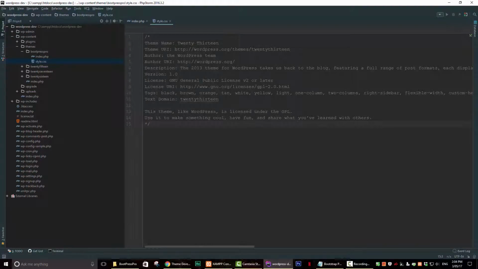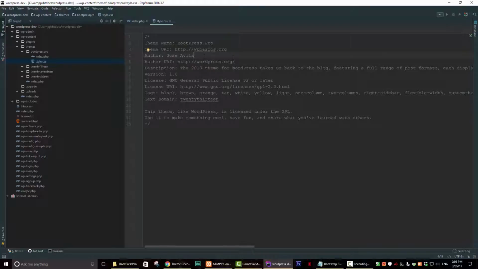Now the only thing really you need here is the theme name in order for WordPress to recognize it, but we're going to add a little bit more. We're going to keep some of these fields. So let's begin with the theme name. We'll call this WordPress Pro. Okay, the theme URI, you can put just whatever your website is. I'll just put wpbasics.org, and the theme author, I'll just say my name,